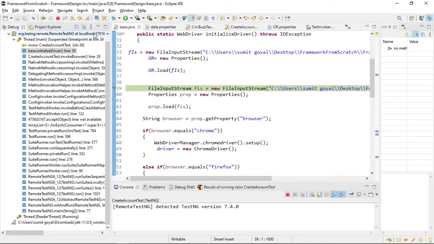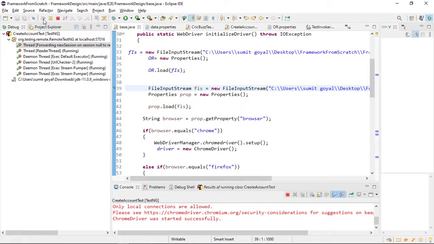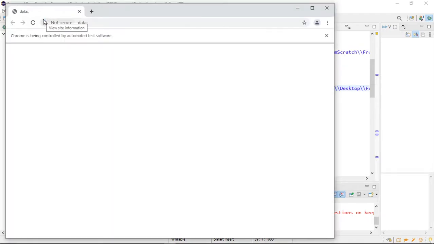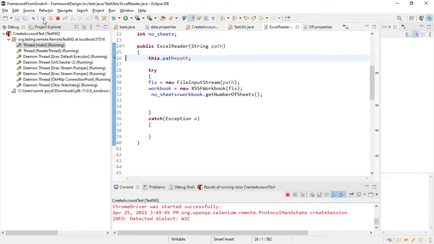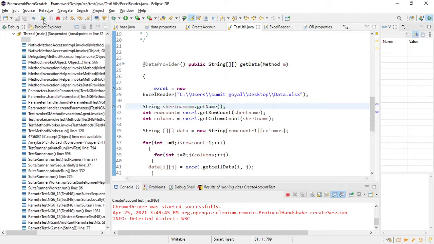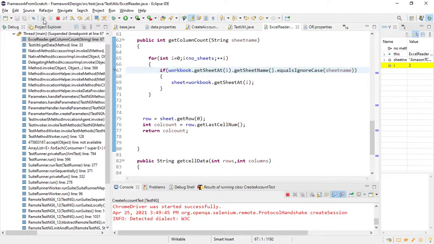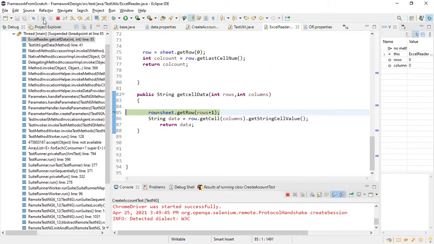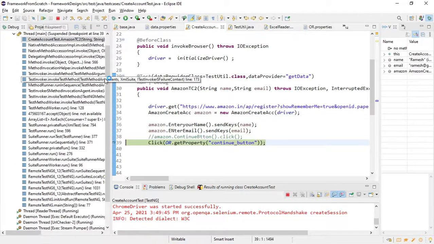Again we are coming from here. So now we are here, right?